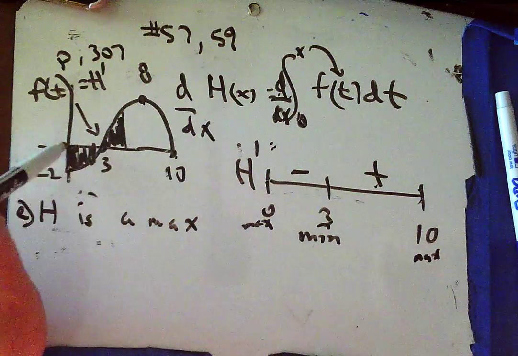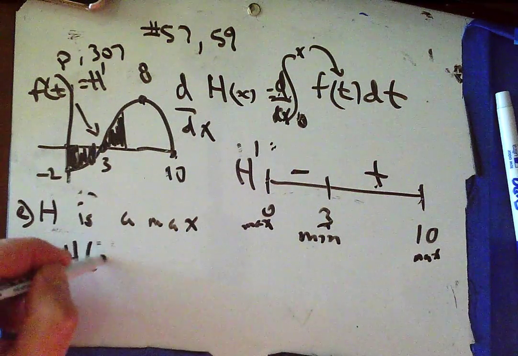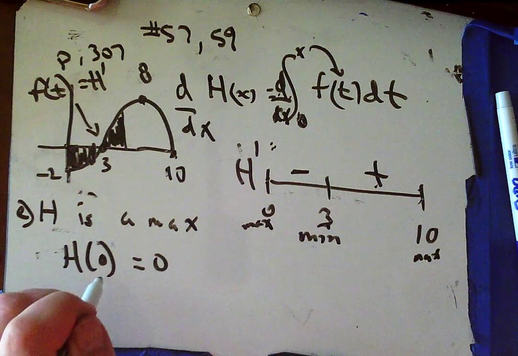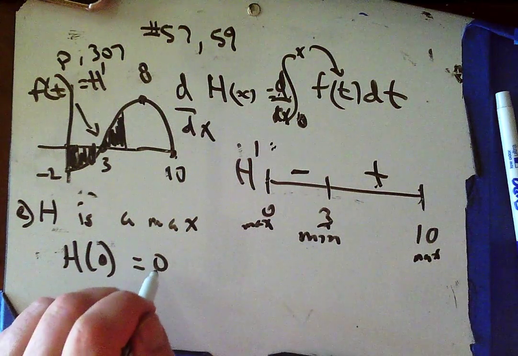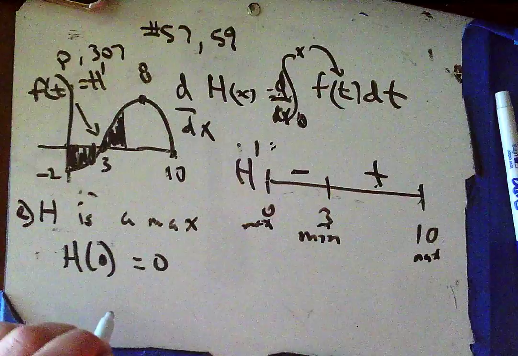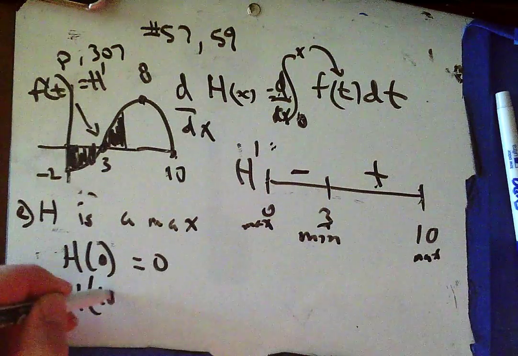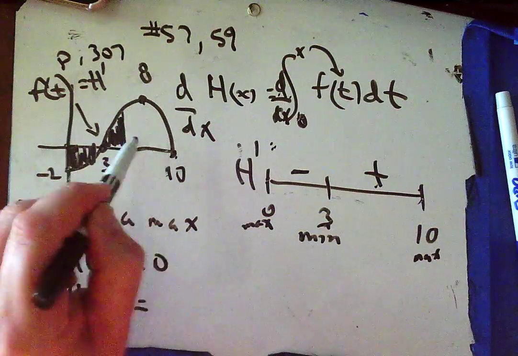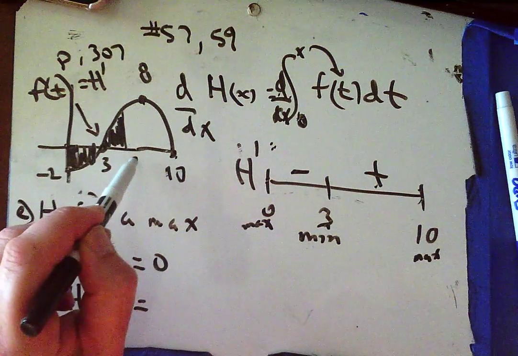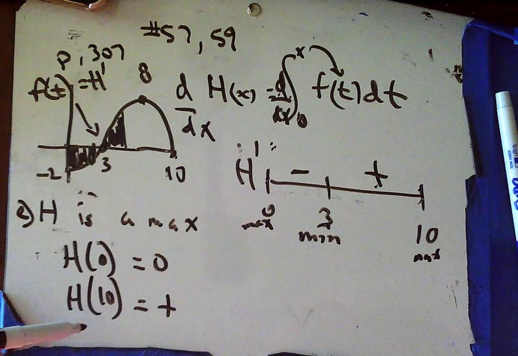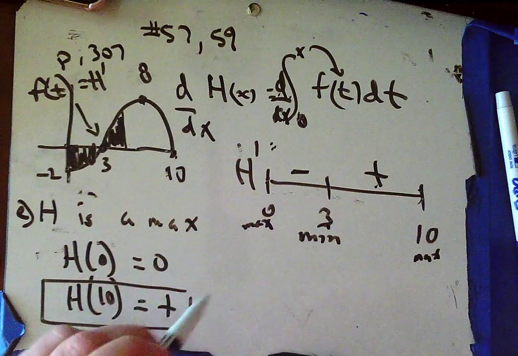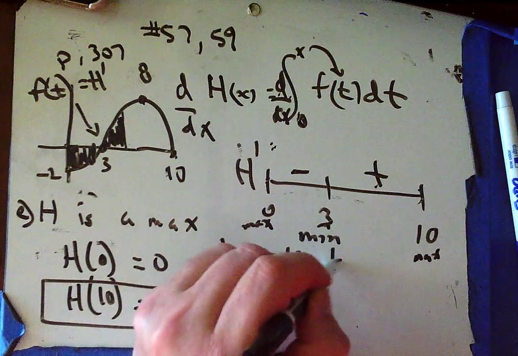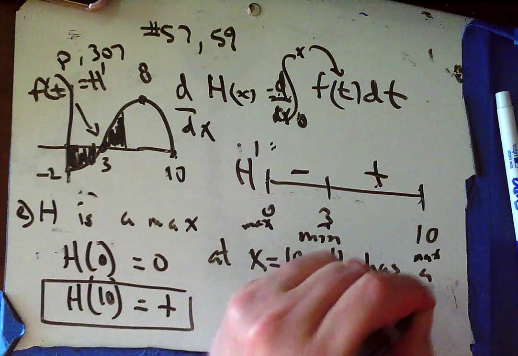Well, so if h of 0 equals 0, I grant that that's a maximum value. That's at the max on h at 0, and then h of 10 is going to be the integral, which is going to be all this space here. And that's definitely positive. So I'm going with at x equals 10, h has a max because,